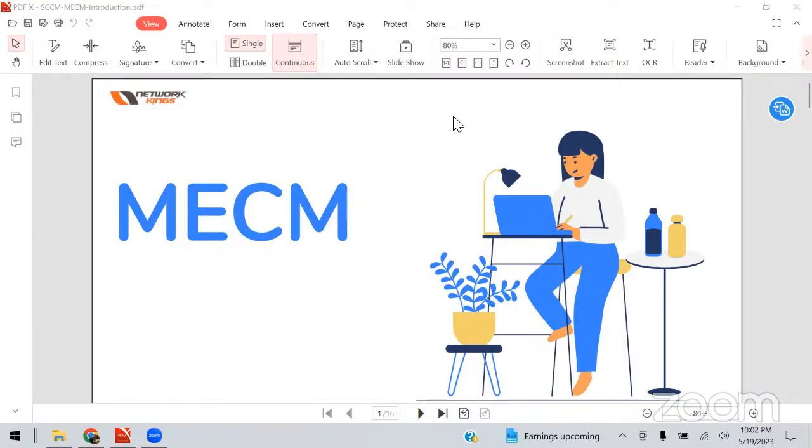Because if you are going to work on MECM in any organization, you have to work on the existing, pre-configured environment. You will not be able to configure it from scratch, right? But in our classes, we are going to build the SCCM infrastructure from scratch, from zero. We will start our labs, and we are going to see what all operations we are going to perform under